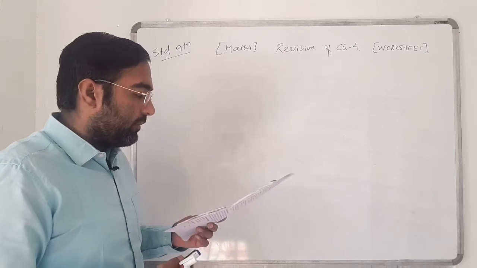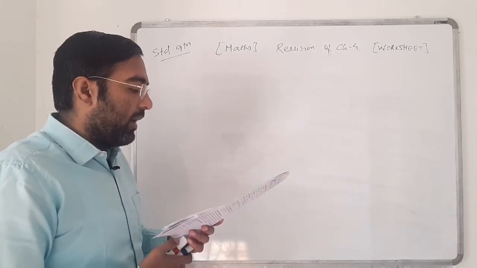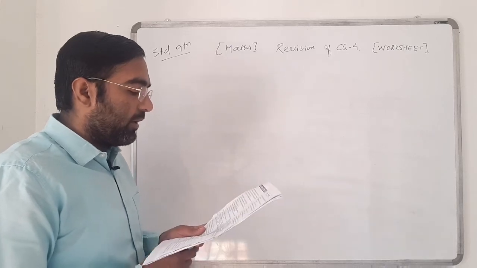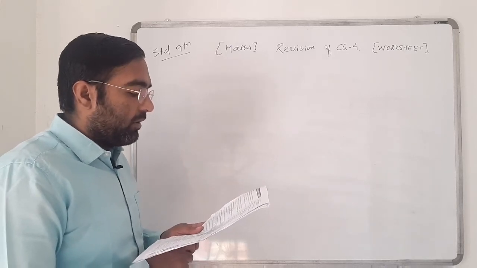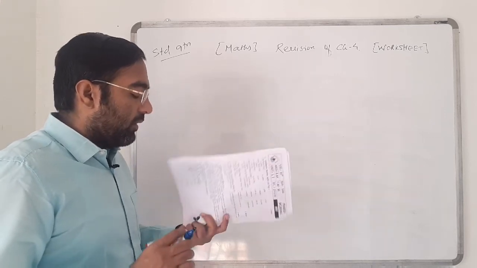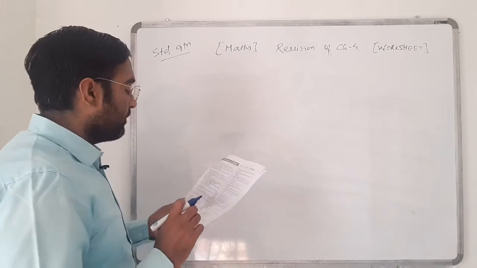Next one is that the force applied on a body is directly proportional to the acceleration produced in the body. Write a linear equation to express this situation and plot the graph of the equation.